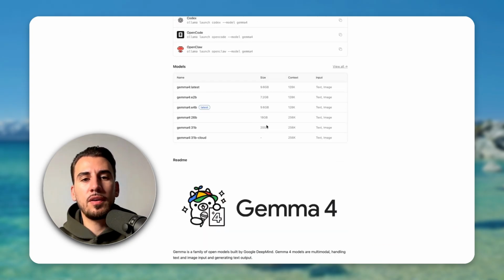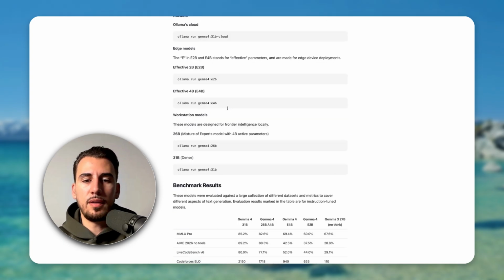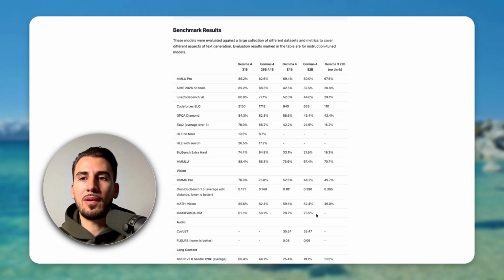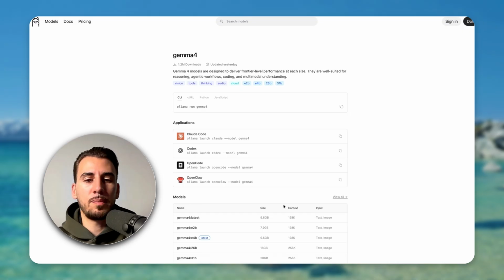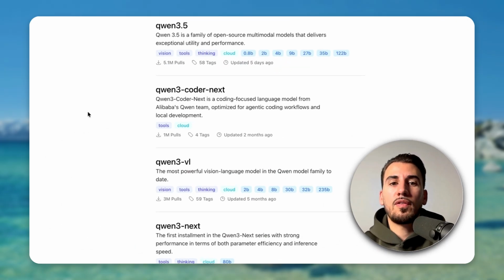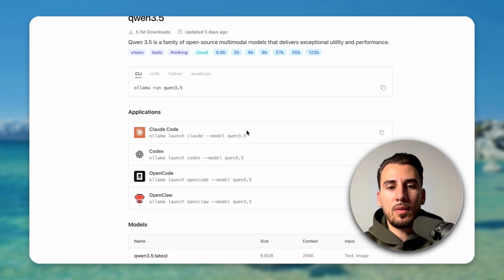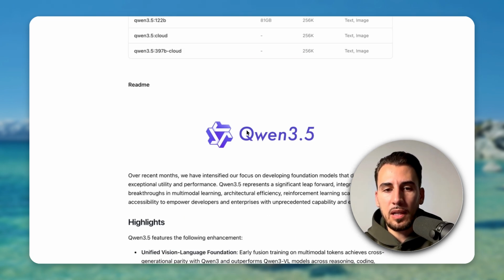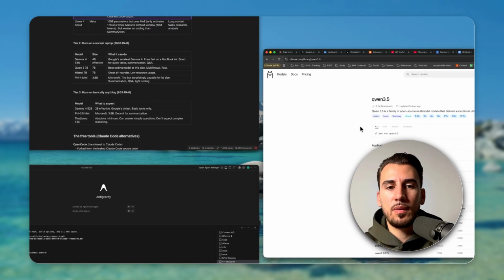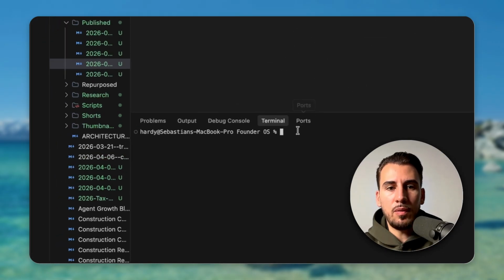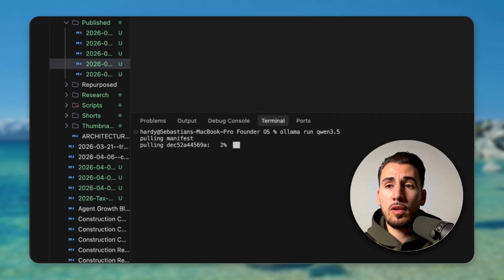Now you can see here what models you can use and the benchmark that they published, comparing them to their other models as well. But really, you don't need all that. Just pull it into your terminal and you can use it in Claude Code. The same thing you can do for models like Qwen, where you can download Qwen and you can use that locally too. So what you can do here is you can just run this here, come back to your terminal, open a new terminal window, copy paste that in there,